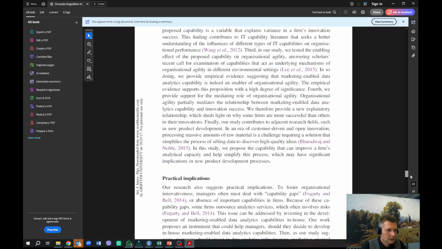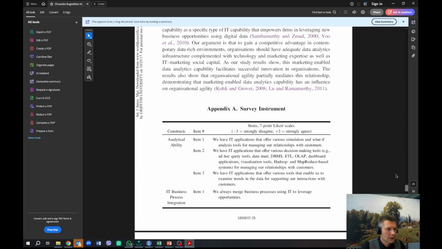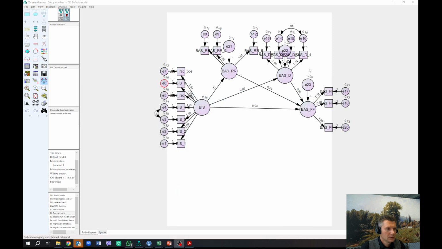Let's see, we can find the table just to see how we did. Yeah, you can find what is the construct, what was the item, how it was measured, and what we actually asked. I hope it helps you in reporting your